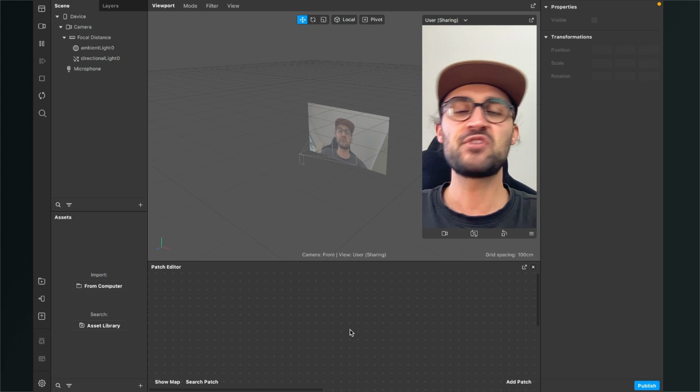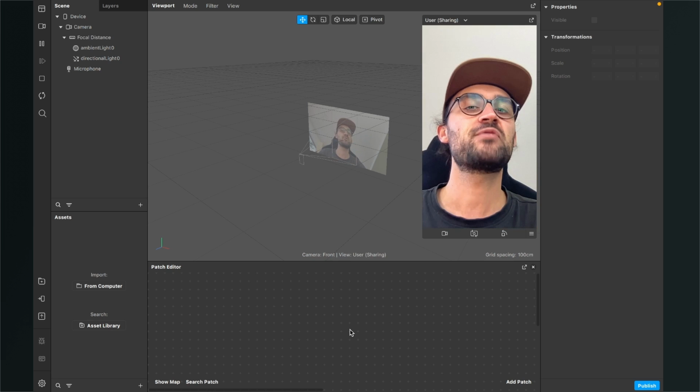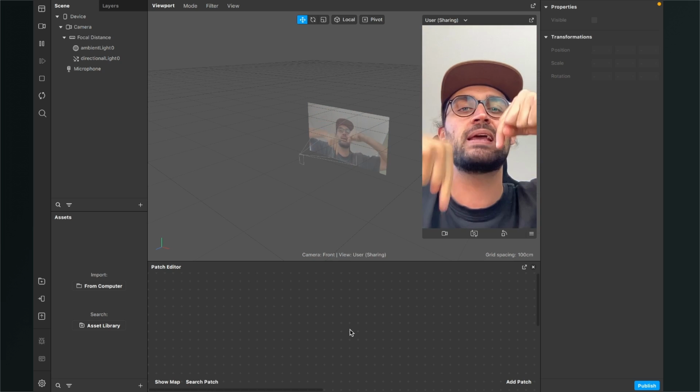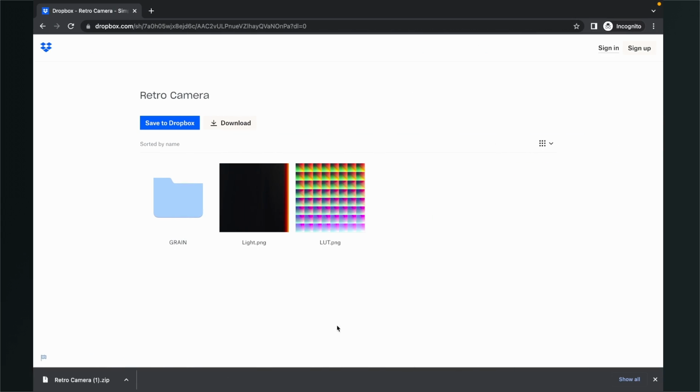Before we start with the creation of the filter, make sure you have downloaded all the assets we need to create this filter. To download the assets, just go to the description and click on the download link. Then you will end up here on this Dropbox page, and here just click on download. Here at the download you will find a LUT file, then the light overlay file, and also a grain animation